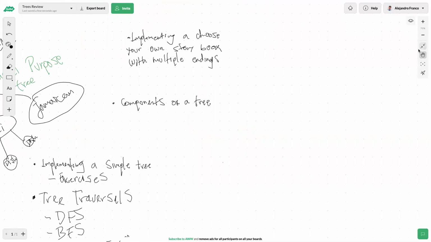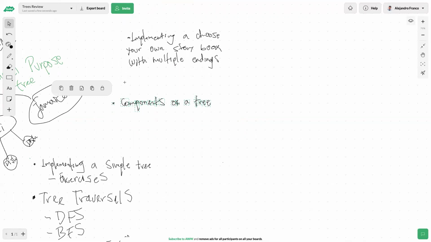Or is it like, here's a tree, we want you to traverse it this way? Most of the time you are given the tree and you have to do something with it. Most of the time you have to traverse it using one of the traversal algorithms that we'll see in a few minutes.